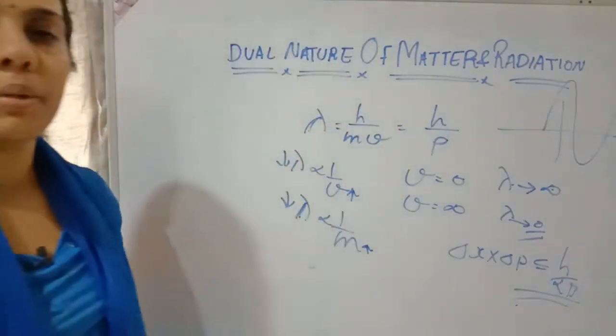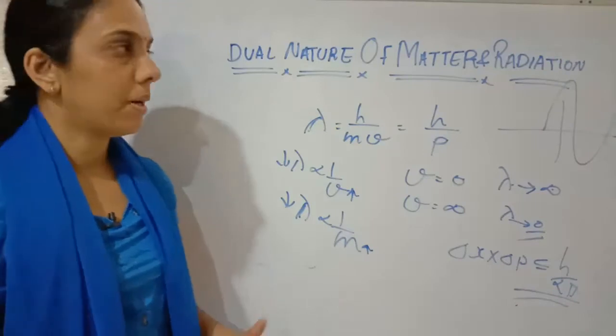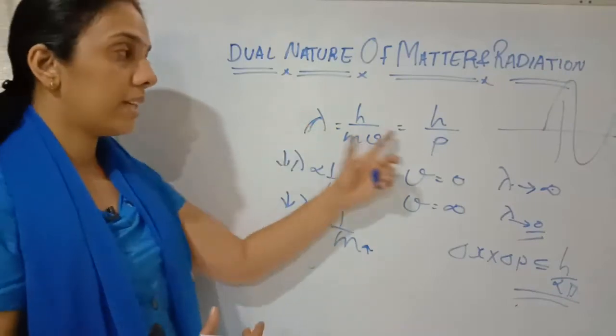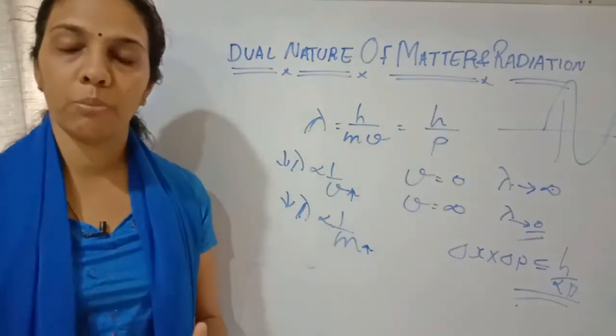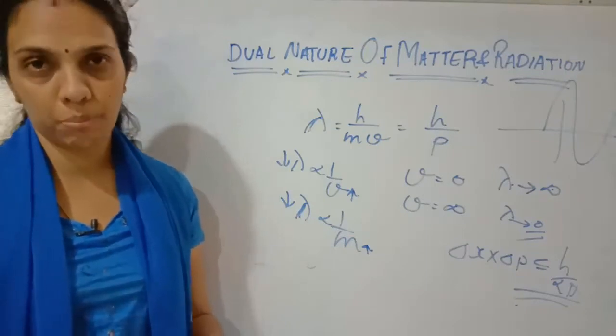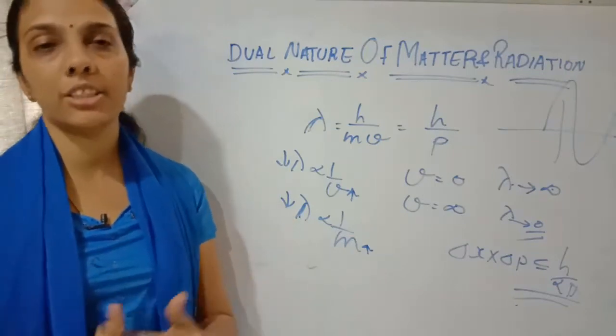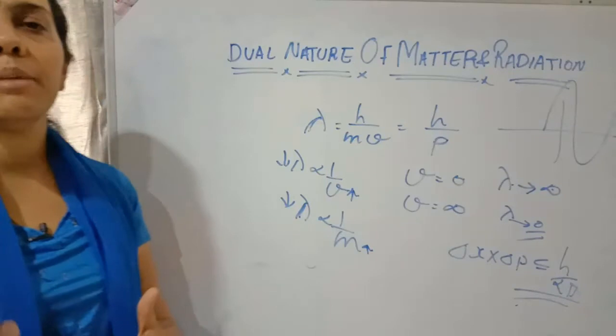This is Heisenberg's uncertainty principle. So here, the de Broglie wavelength is very important: lambda equals h by p. So in terms of temperature, how can we represent the de Broglie wavelength?